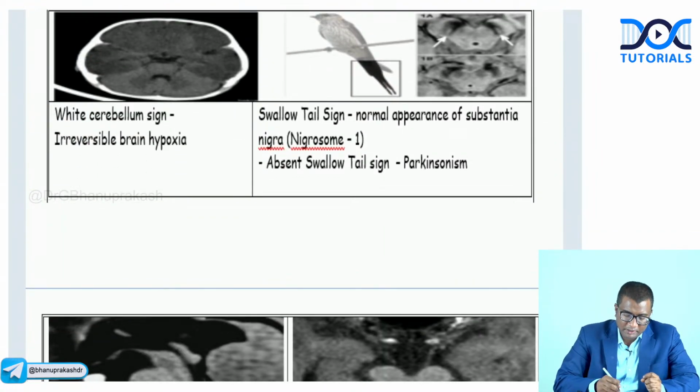Next, coming to white cerebellum sign. So look at the rest of the brain. It is dark. Only the cerebellum is white. So this is called as white cerebellum sign. So whenever we have a